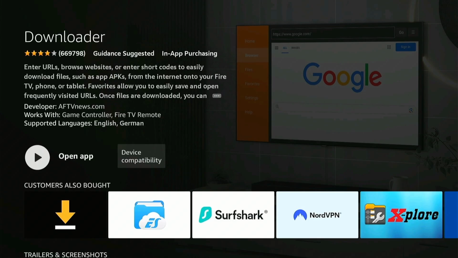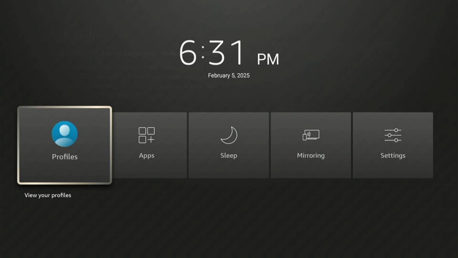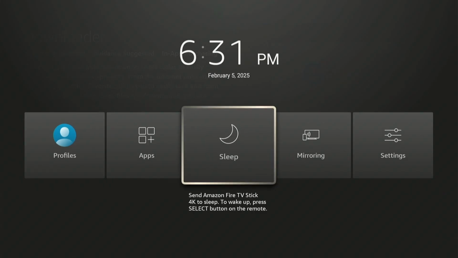Once installation finishes, it says open the app, but guys, I don't want to open this app yet because I need to change one more setting on our device, and the easiest way to do that, hold down your remote home button for just a few seconds and then you will have a little pop-up menu on your screen. Here select settings,